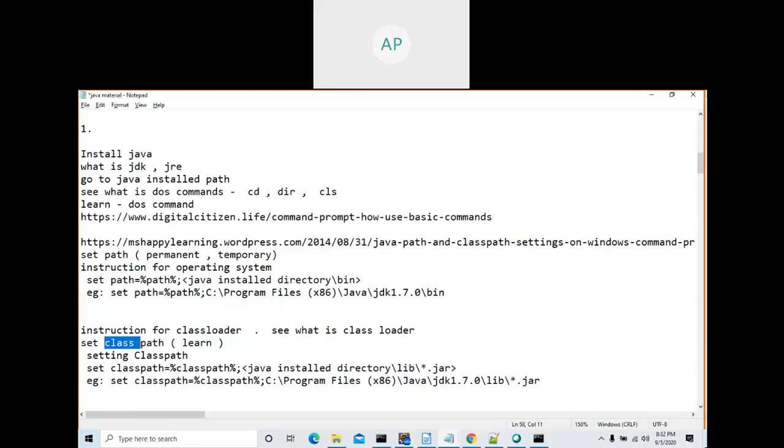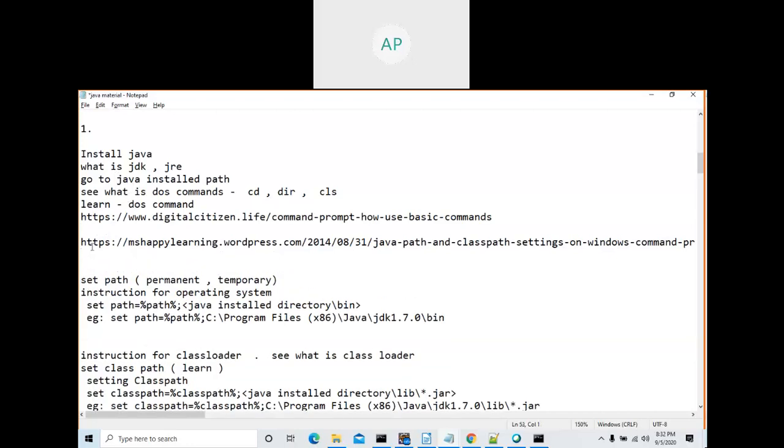You are setting the classpath for the class loader, and you are setting the path for the Windows operating system to see where the java command is, the javac command or the javap command. First we will see what setting the classpath is, and after Windows, we are going to see what path setting is.